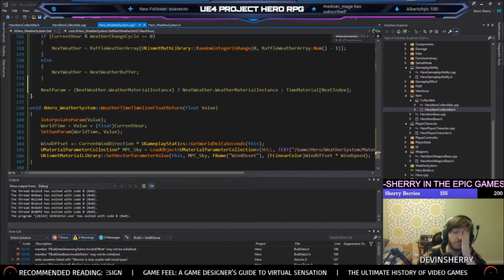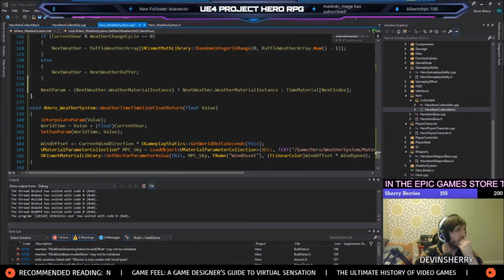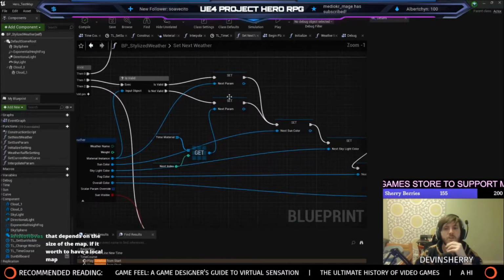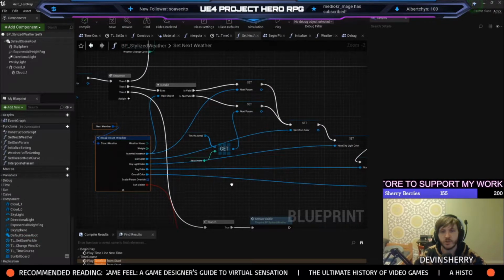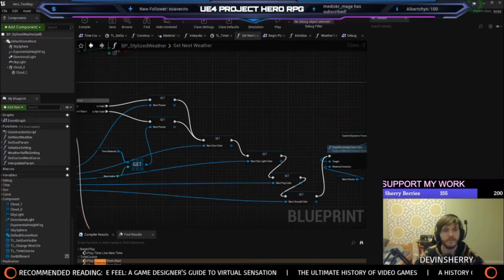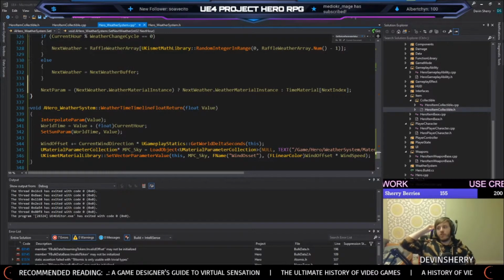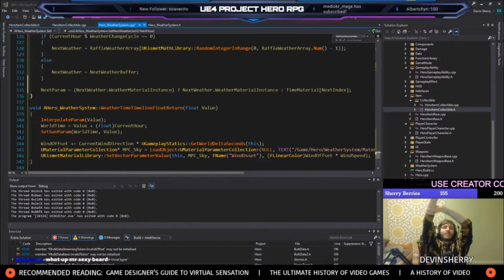Where were we? Oh. Aha. Right. No, I lost where we were. Set next weather. Okay. So we just wrote this. So now the rest is pretty much taking this structure, breaking it, and taking its information and putting into these variables. Yeah, like I want to have a pretty large map. Like not super large where I can't maintain it, but maybe like